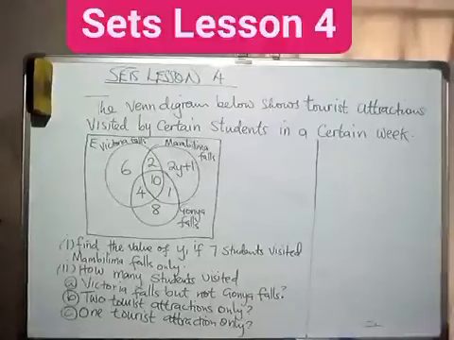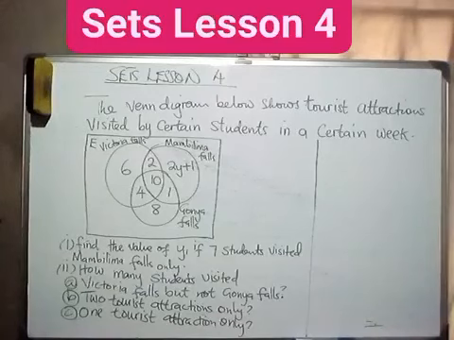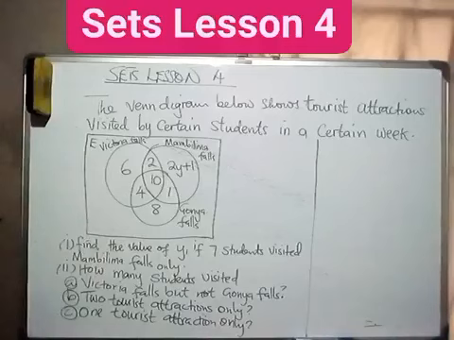So in number 4, it is one of the questions which comes under sets and are expected in paper 2. The question is: the diagram below shows tourist attractions visited by certain students in a certain week. So this is the Venn diagram there, where we have